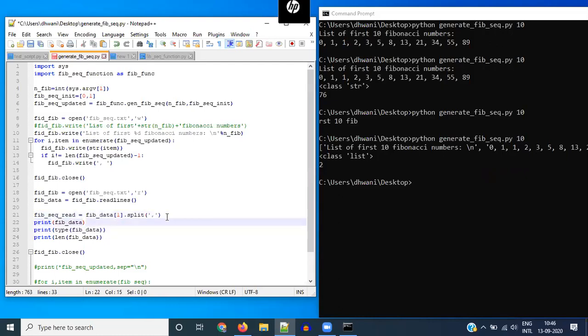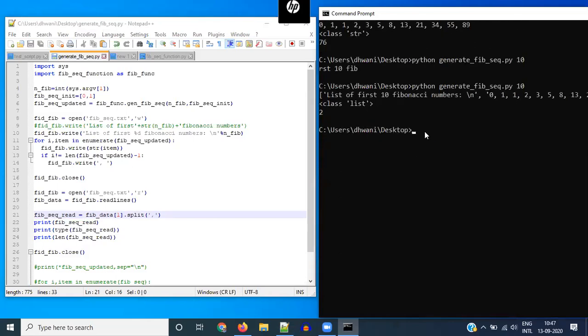Okay, so let's print, instead of FIB data, let's print fib_seq_red, and also length of fib_seq_red. We've just changed the print to fib_seq_red, which is just the data in the first position split at all the commas. Okay, let's go and run that.